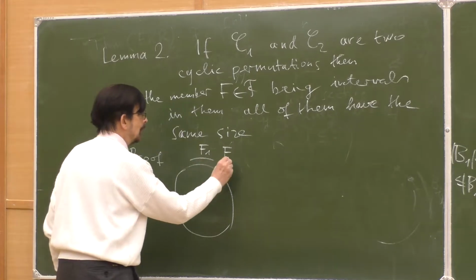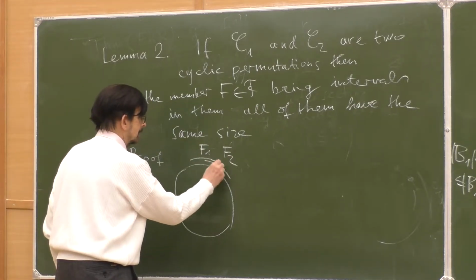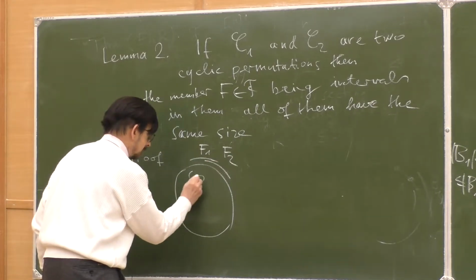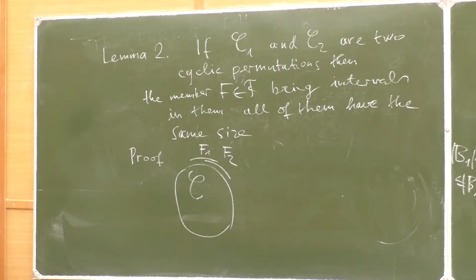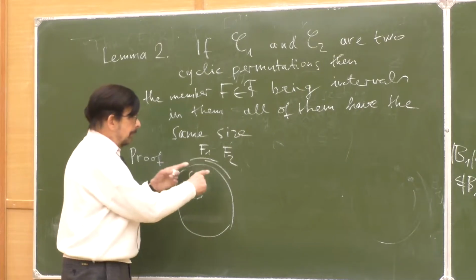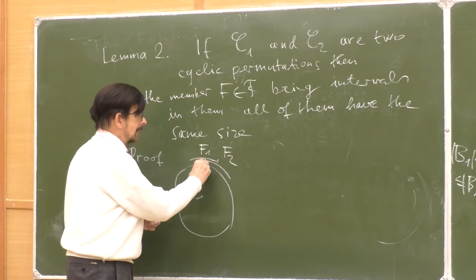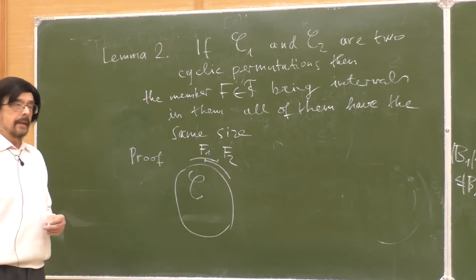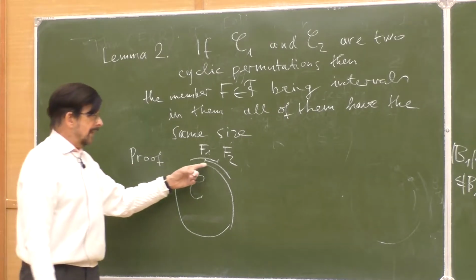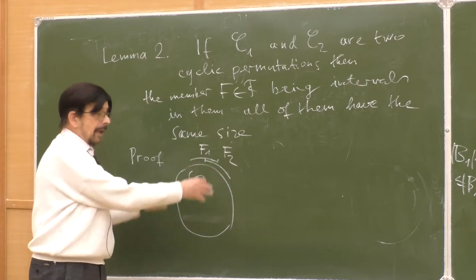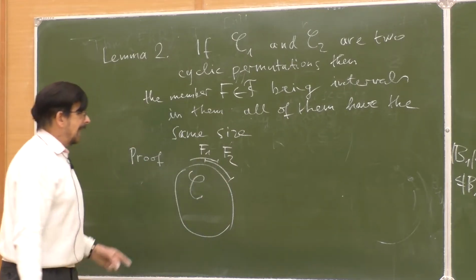So we have two members. So now this is a C. This is a C, and suppose that two members are in this cyclic permutation. So we have this one, and